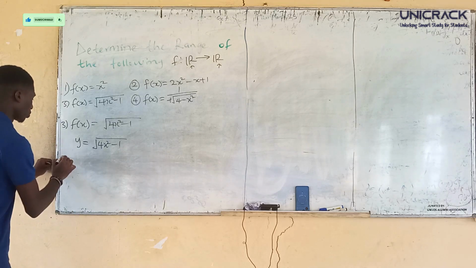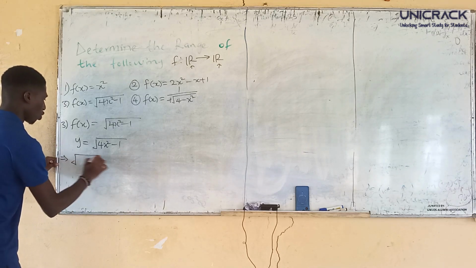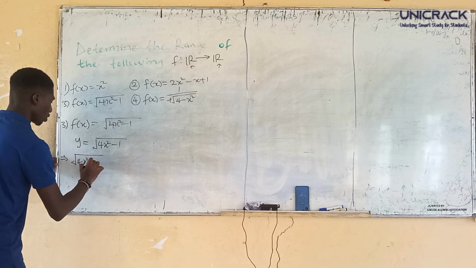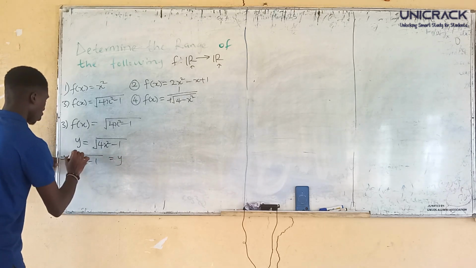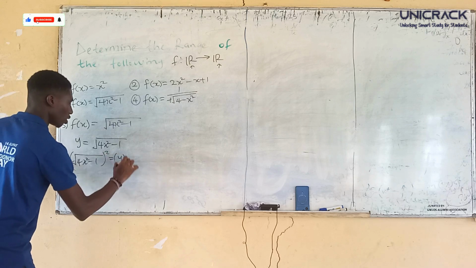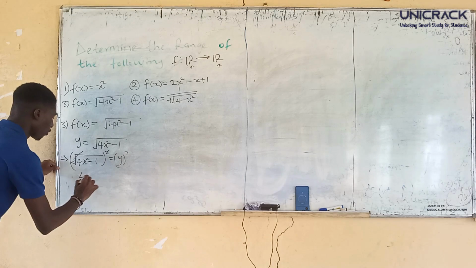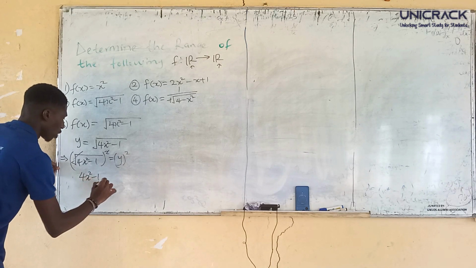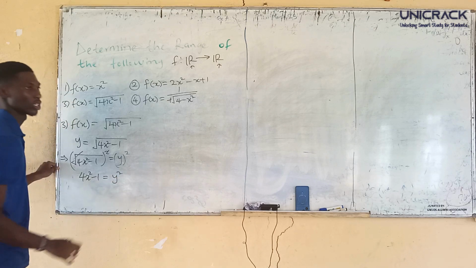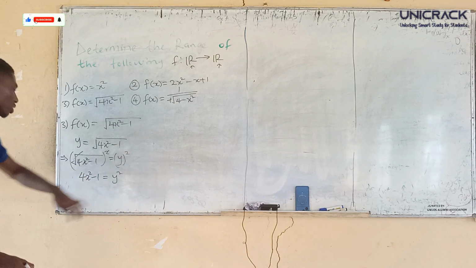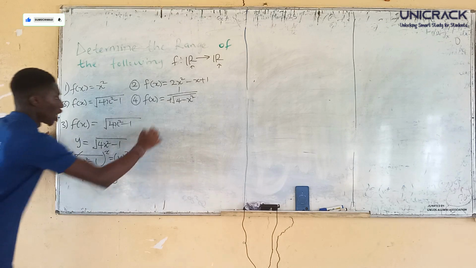To make x subject of the formula, we can say the square root of 4x squared minus 1 is equal to y. We can square both sides. To square both sides, this square will cancel out the square root. We have 4x squared minus 1 is equal to what? y squared. Now we carry 1 to the other side, and we'll have